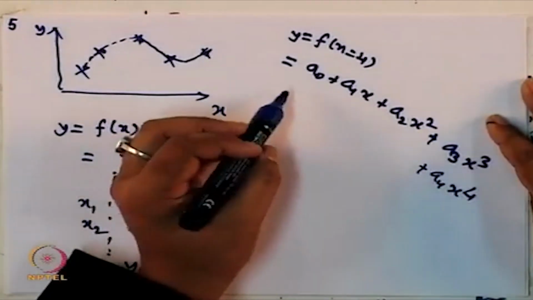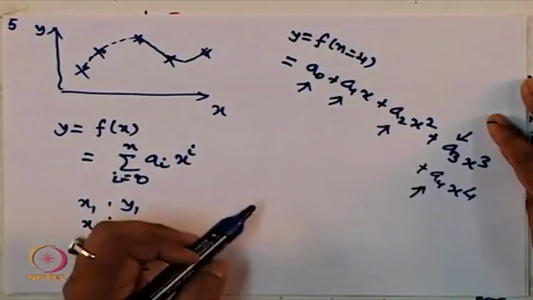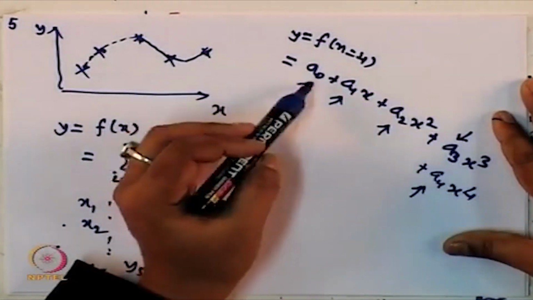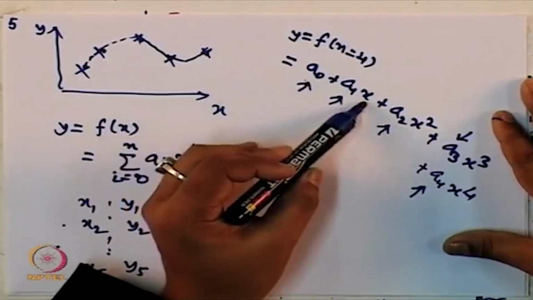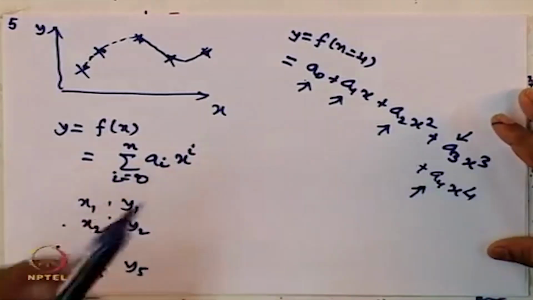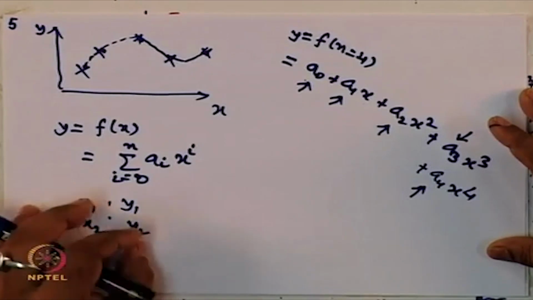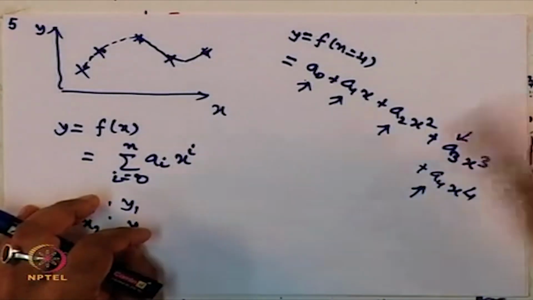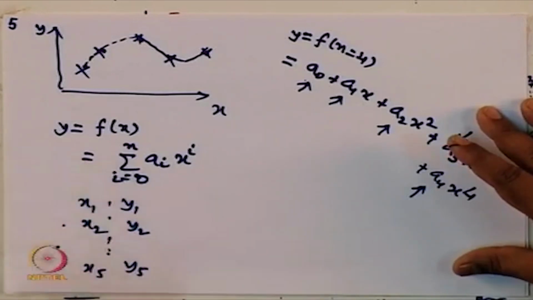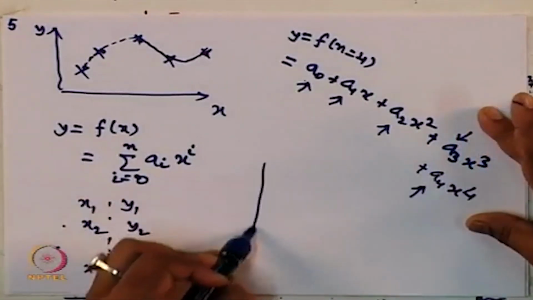So, I see that there are 5 fitting parameters a naught, a1, a2, a3 and a4, okay, and I have 5 equations. So, plugging the values of x1, I will get y1 is equal to a naught plus a1 x1 plus a2 x1 square plus a3 x1 cubed plus a4 x1 fourth. Okay. So, you will have 5 equations in 5 unknowns which can be uniquely solved. So, that would mean that for any number of points you can fit a higher dimensional polynomial such that you get a good fit, but it is still not advisable for the simple reason that